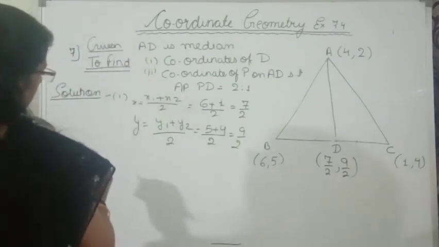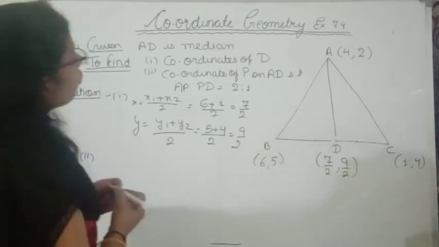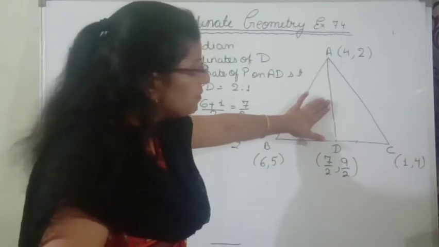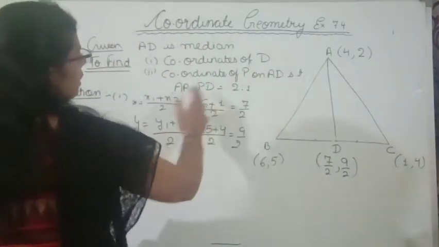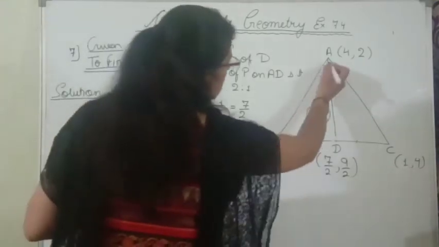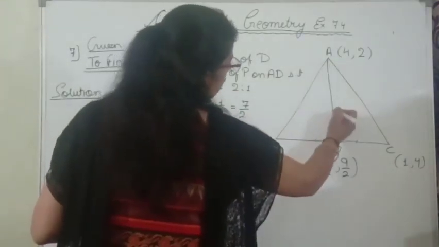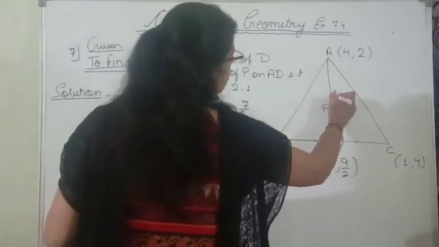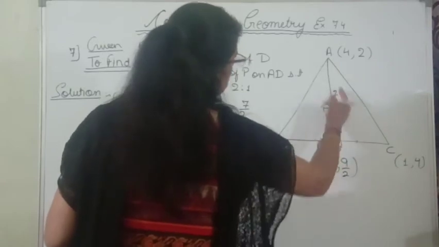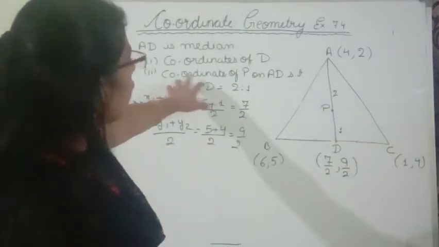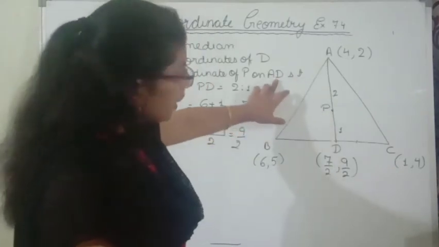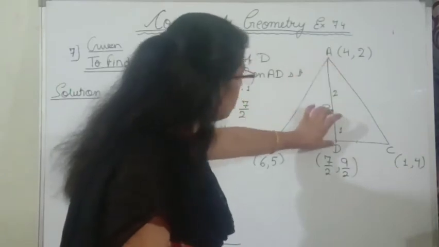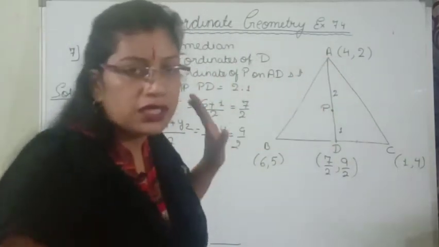Then what is the second part? The second part is the coordinate of point P on AD. अभी AD है, the point P is on AD. ठीक है, P इस पे कोई point है. So such that AP ratio PD, let us take it as 2:1. तो ऊपर 2 parts हैं, 1 part नीचे है. So up one part is 2 and down one part is 1, so 2:1. You have to find the coordinate of P on AD such that AP ratio PD, that means AP and PD are in the ratio 2:1.